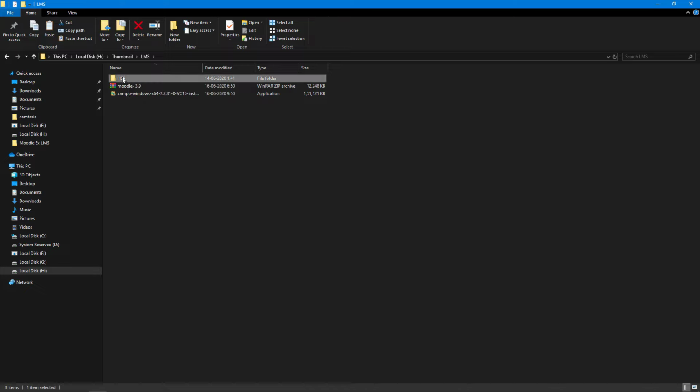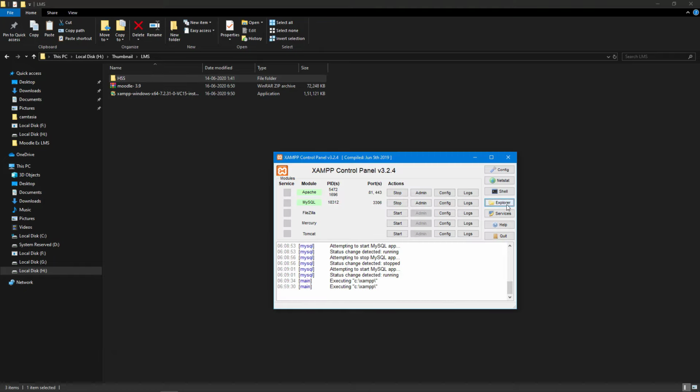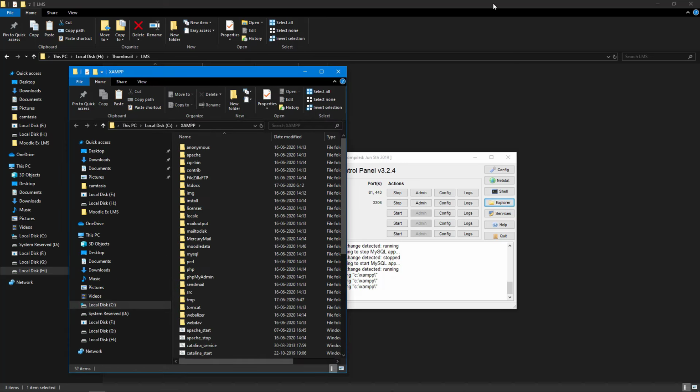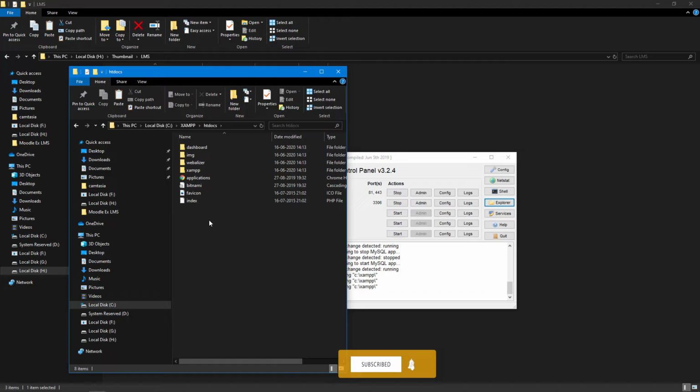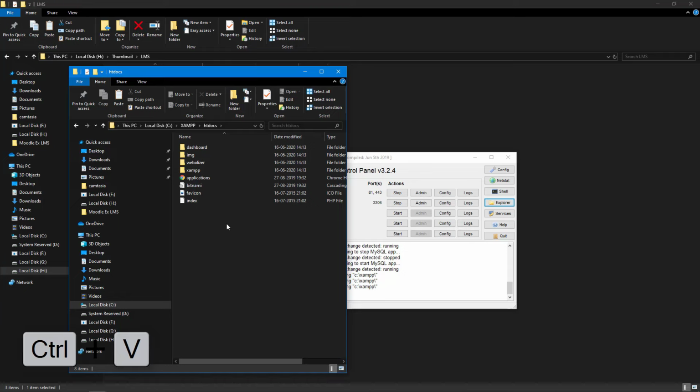I copy this folder, Ctrl C to copy it, and I go to the XAMPP control panel and I click this Explorer button, and inside of the htdocs folder I place this Moodle folder. If you place any PHP and HTML file inside of the htdocs, the server can execute the file. So I place the Moodle folder here.